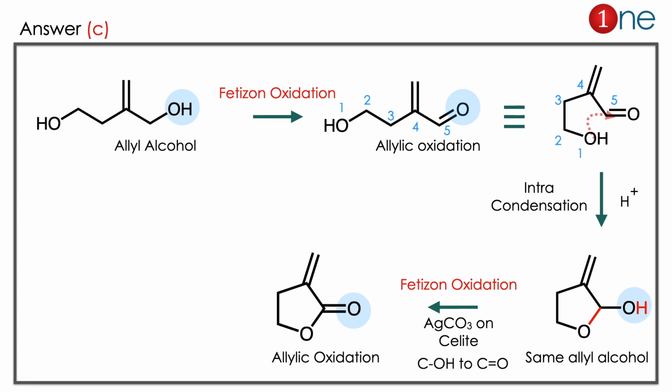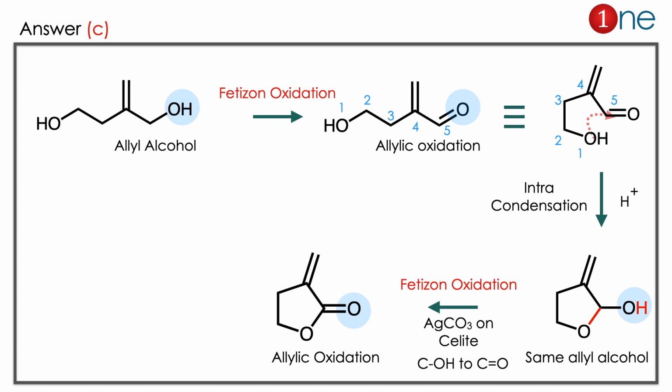So you have two alcohols, but only one alcohol is in the allylic position. So what really happens is that this alcohol becomes C=O there. So CHOH becomes C=O. In the next step, there is a chance of cyclization and attack. So we rewrite the compound for cyclization. So we bring the 1 and 5 atoms together.